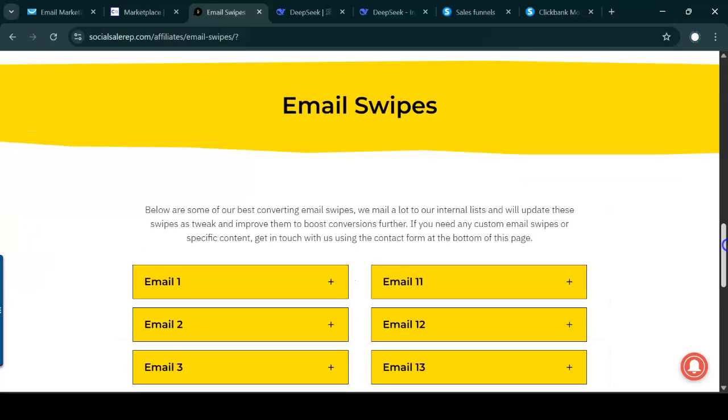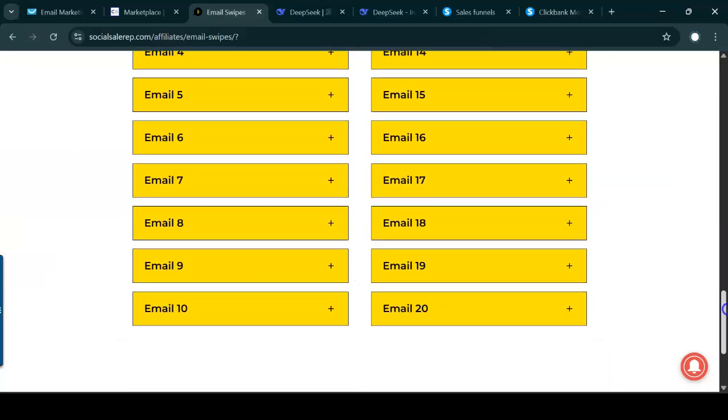So you could see here, look at this. He's giving me up to 20 emails that I could just copy and paste straight into my autoresponder. That's one way of doing it. Okay, so it's not something that you have to reinvent the wheel and think, what shall I do? How do I create these emails? Etc. etc. It's all done for you. You just have to copy, paste, copy, paste, copy, paste. Okay, so that's one way of doing it.